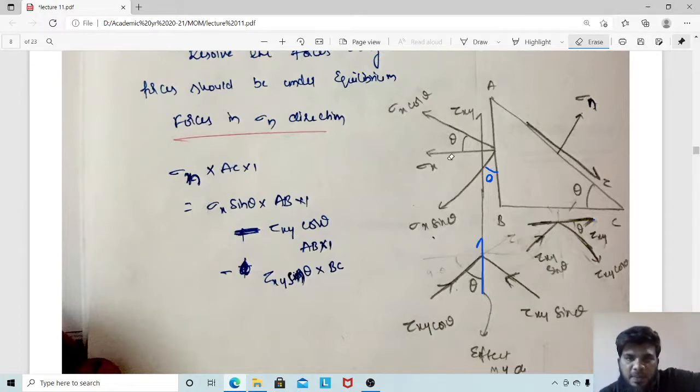I am again repeating. This is horizontal. This is a line which is parallel to tau, similar to this triangle and this inclined line. This inclined line is making an angle theta here. Obviously this will be sigma x cos theta, this is sigma x sin theta. Now the vertical line is making an angle theta with the normal here. You can identify that from here. So this is theta, means obviously this is theta. Once you find this theta, adjacent side is cos theta, perpendicular to it is sin theta.